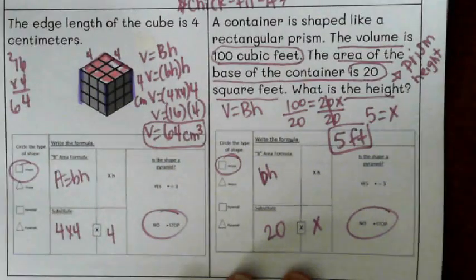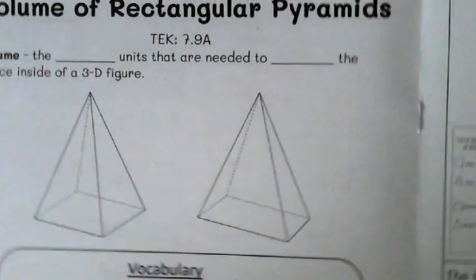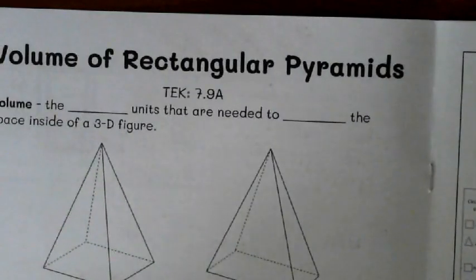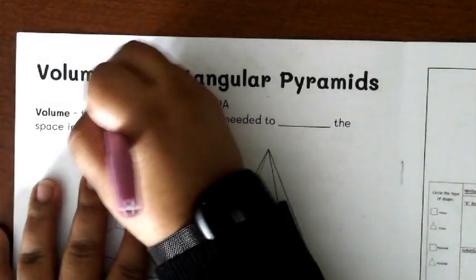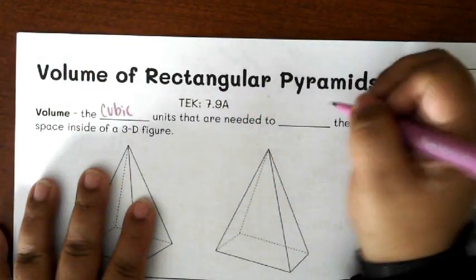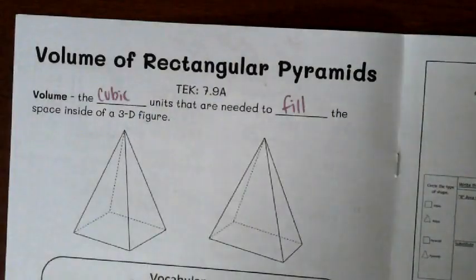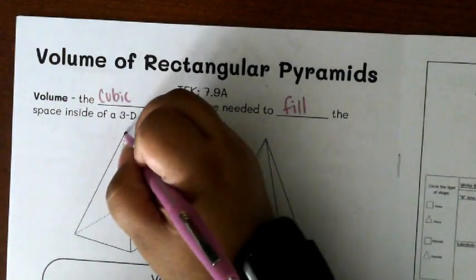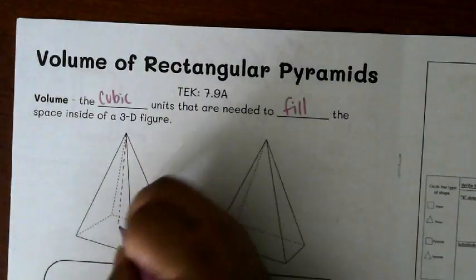All right, here, we're going to work with finding volume of rectangular pyramids now. Again, it's the cubic units that are needed to fill the space inside of a 3D figure. So, if we're looking at this, the height of a pyramid is going to go from the tip top to the middle. And then the